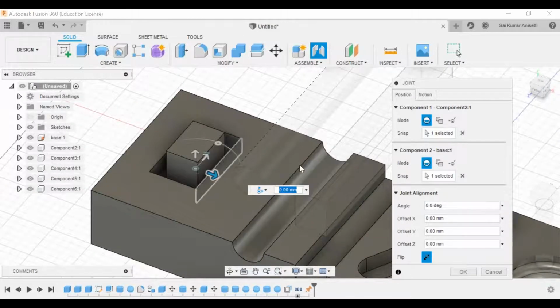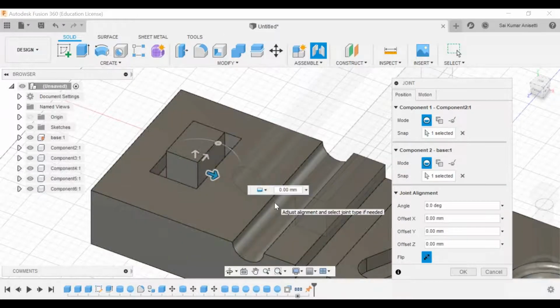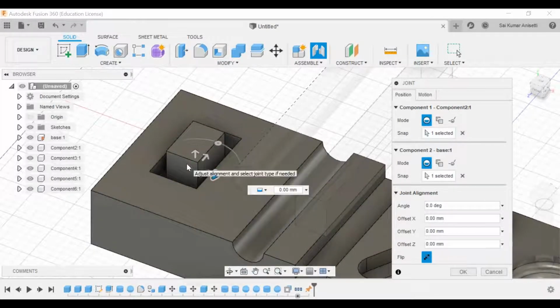Now it automatically took pin slot. No, I don't want pin slot. I want to have rigid. Rigid motion means it does not have any motion. Rigid, it is fixed. Now that face is going to fix onto this particular place with 0 mm as offset. It should not have any gap.